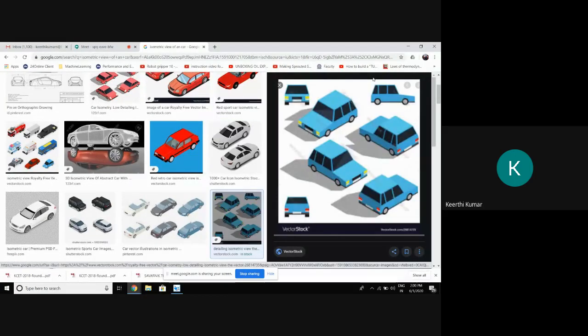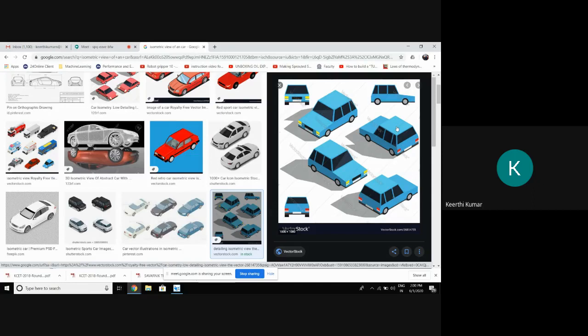I'll show one more example. Here you see, this is front, side and top. Observe this corner. One corner here, one corner here, and one corner here. So to express the car, they used front, top, and side view. But if I place the car in any of these orientations, any one out of these four, I can easily analyze how exactly the car is. Correct?